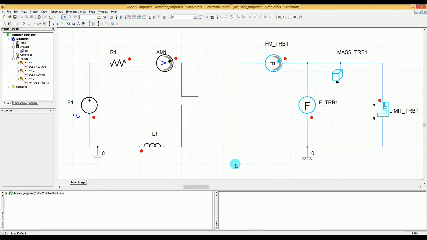So the environment that you are seeing at this moment is Ansys Simplorer, and what I have here is an equivalent model. On the left side we have the electrical equivalent model of the test bench, and on the right side we have the mechanical equivalent model of our test bench. I will go through the details of how I made these things, but before that you may ask